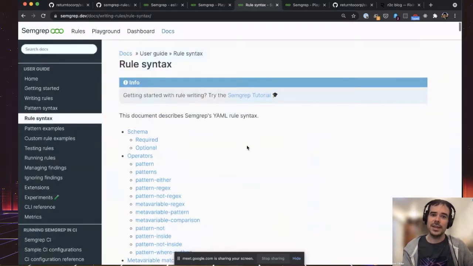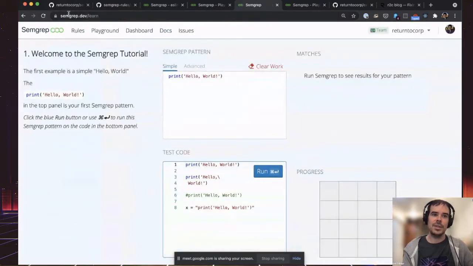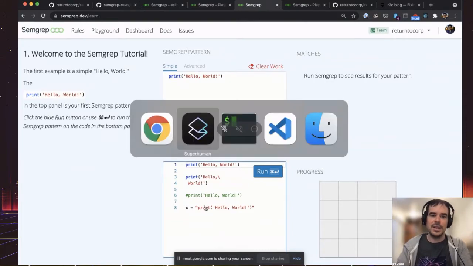Oh, there's also a Semgrep tutorial. If you go to semgrep.dev/learn, there's a bunch of specific tailored examples of how you use this and how you use that. So feel free to check that out as well. Super awesome. You should definitely check out the Semgrep tutorial. Why don't we jump over to CLI, cool. And we'll take a look at how